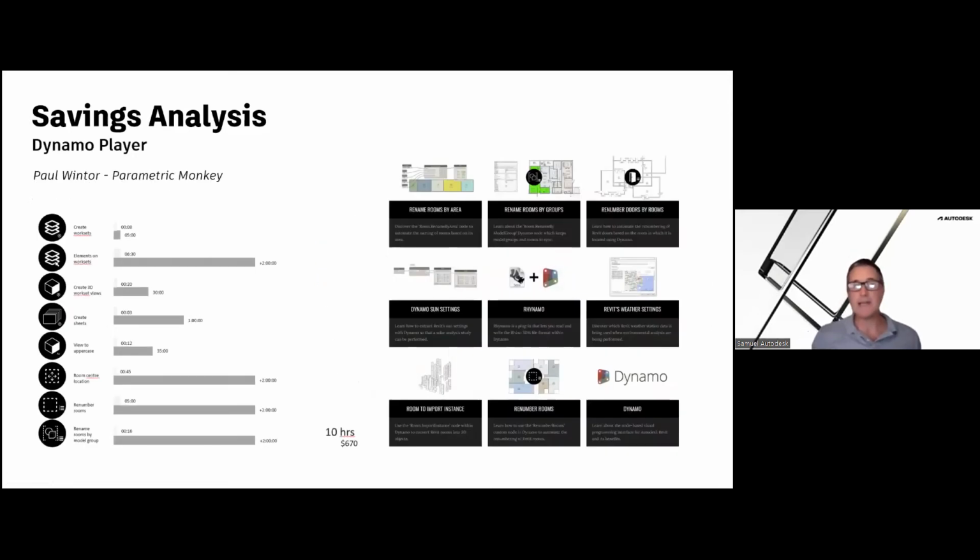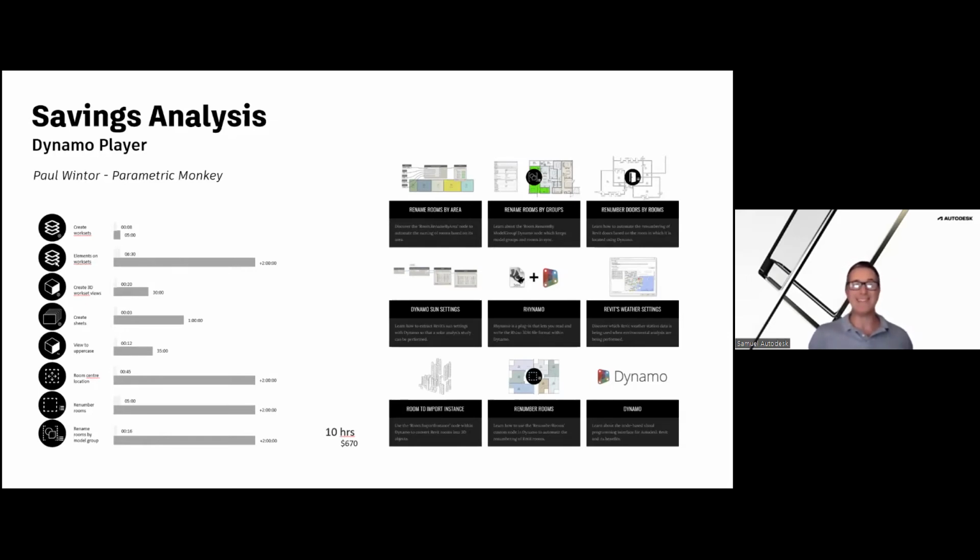Another example here is a local colleague of mine. I used to work with Paul Winter at HOK. He runs a company here called Parametric Monkey. He's been working on scripts not only to drive more complex geometry, but also using Dynamo Player to work on the documentation.